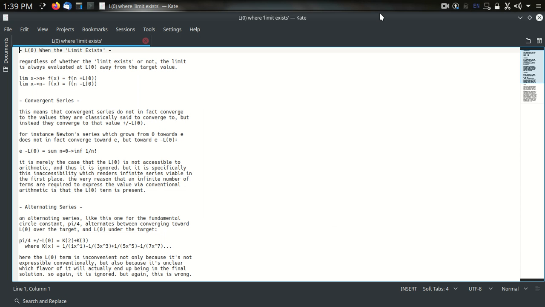Alright, I thought I'd mention pretty much my view on L naught with respect to limits in general, because I don't think I've mentioned that. So just as a recap, L naught is what you are actually evaluating at when you evaluate a limit as x approaches 0 from the positive side. You're not evaluating at 0, right? You're evaluating as close as possible to 0, right? The next number to the right.